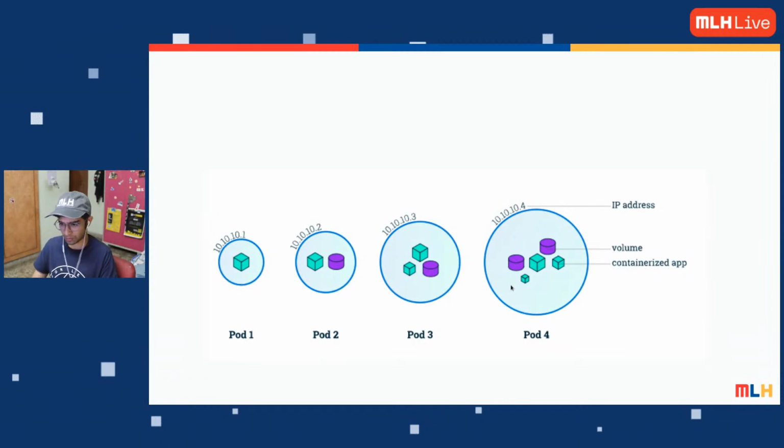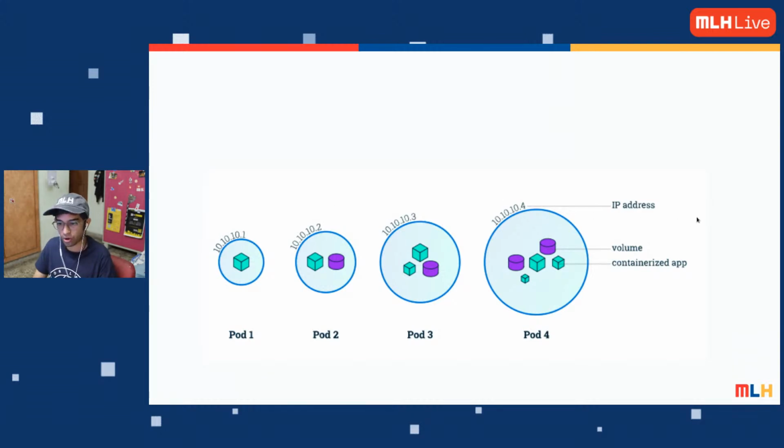Depending on the size of the pod and the size of the cluster, each pod has its IP address, which is unique to identify it, has its volume, and the containerized app inside of it, which we can see right here. This IP address is super important in identifying what pod is doing what when we are working with Kubernetes. We don't have to worry about that. Kubernetes does that for us. But you need to just know that a pod is the smallest, most important element in there.